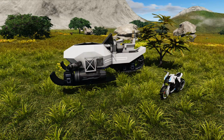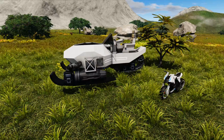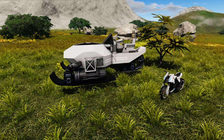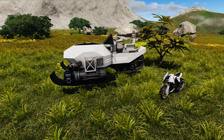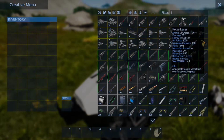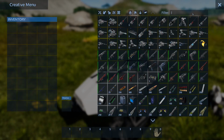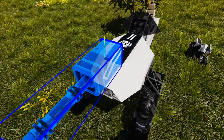You could add on an extra section on the back to carry things, like a big cargo capacity, because it could be the vessel you use to go out mining or picking resources, raiding bases. Strap 2 guns on the front, make it something even more dangerous and crazy. You could do that by simply getting some miniguns. Where are they? We want gun. What you could do is create